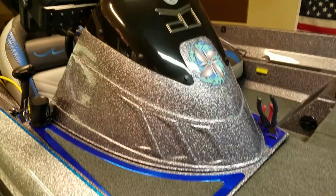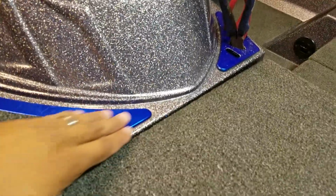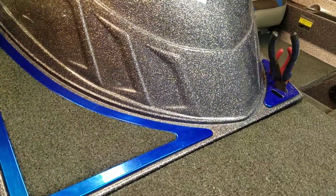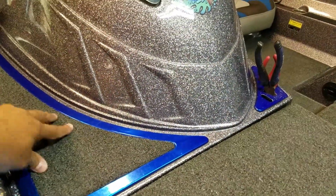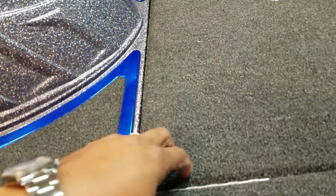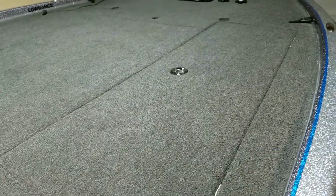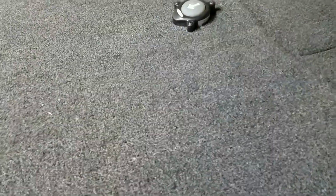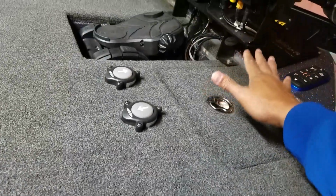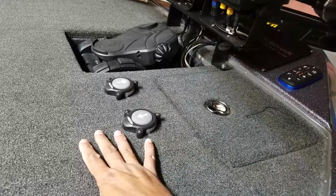Here's the dash of the Legend. Cool thing about the Legend is all these little things are trimmed out in metal powder. I'm not sure what you call this. I guess it's powder coated. But then they even have carpet for your rod tips. But this deck is so big that I put my rods up in here, and they don't even reach to here. The tips may go like right here. The other cool thing that they changed was, I guess before they had this day box over here, so it kind of got